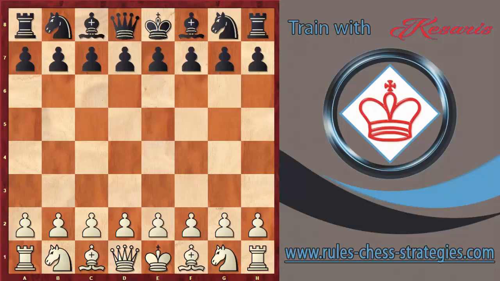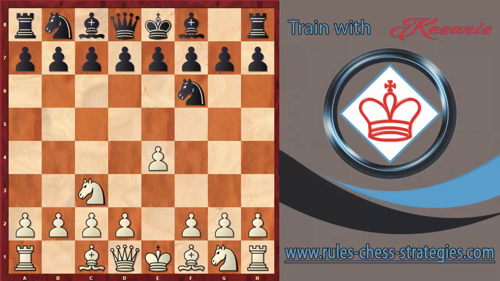Let's see another amazing checkmate. We have Skuratov with white pieces and Kosov with black. We have e4, knight f6, the Alekhine defense, knight c3 and d5, transposition to the Scandinavian right now, e5 attacking